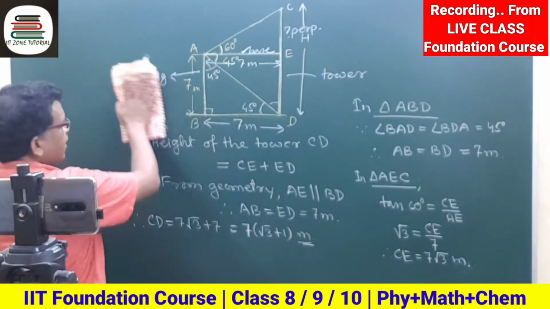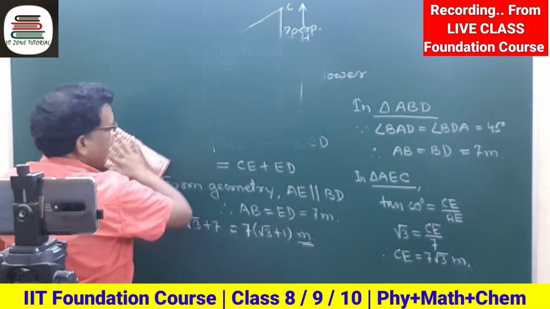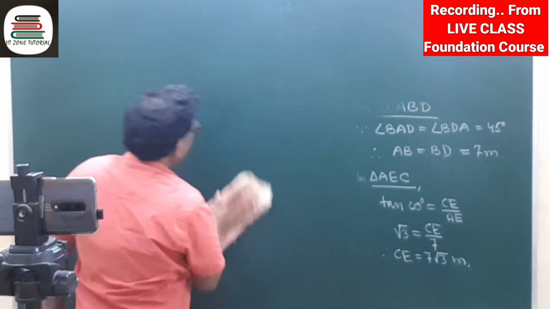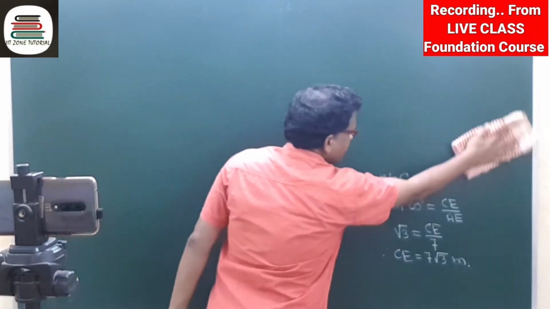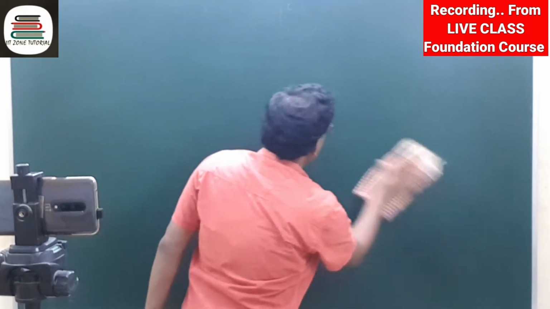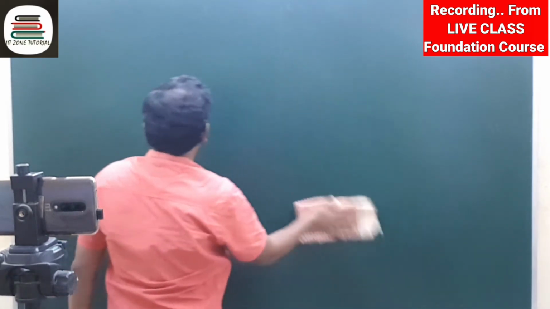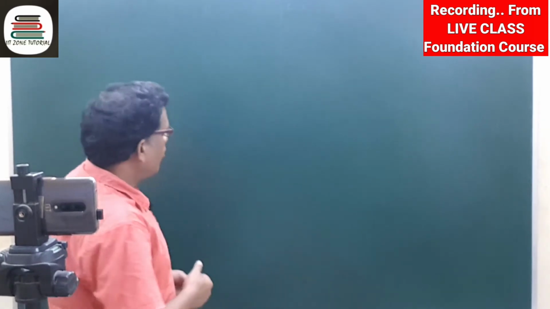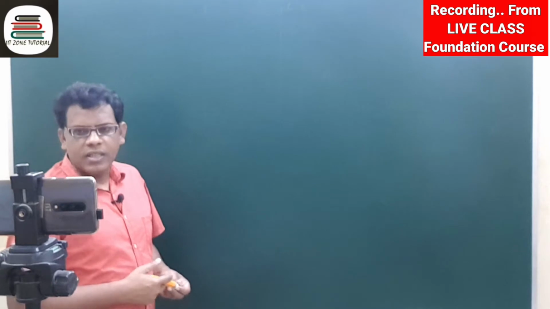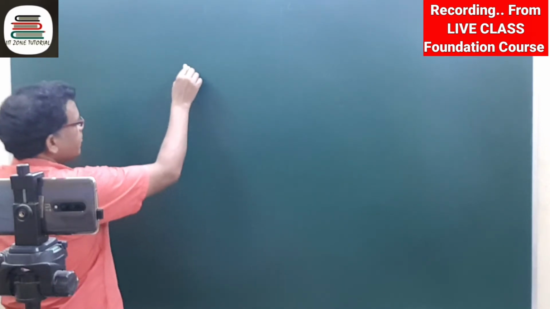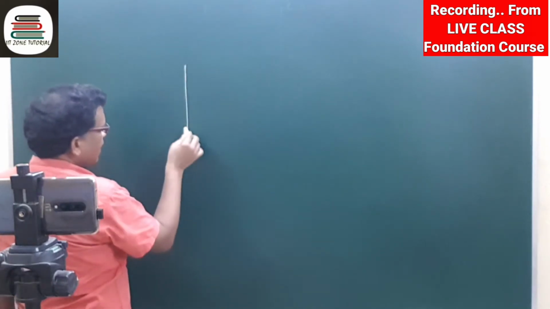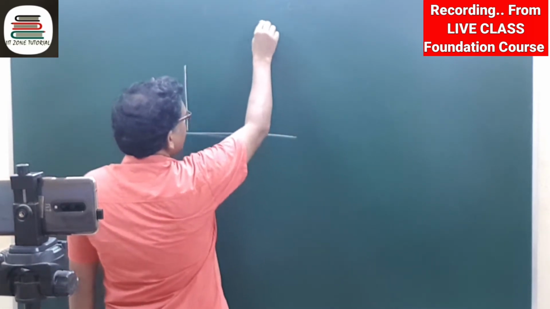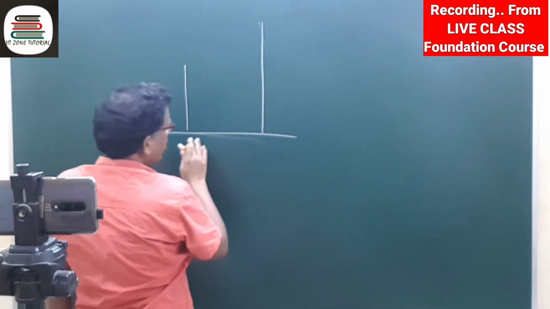The difference between this structure and the required structure will be something like this. In the previous question, we had two angles from the top of the building. One was the angle of elevation and the other was the angle of depression. But in this particular one, both given angles are angles of elevation only, like this. Suppose this is the tower as per the language of the question, and this is the rock.